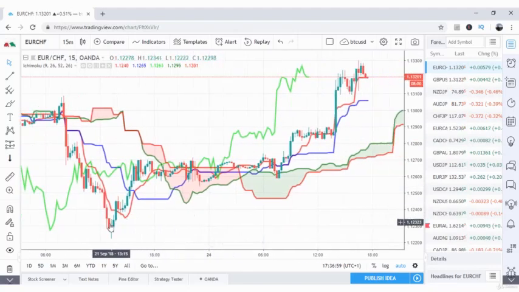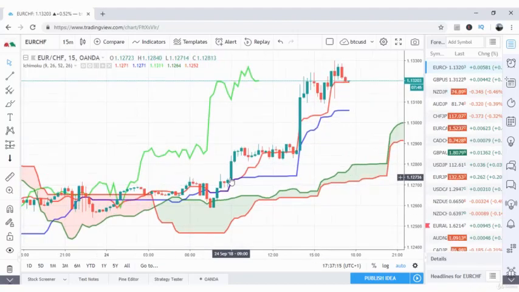Of course, I'm not considering any position here, the price is still under the cloud. Then we have a congestion phase with the price in the cloud, another area where I don't want to consider any position. After this area the price starts to be over the cloud, and with this candle we also have